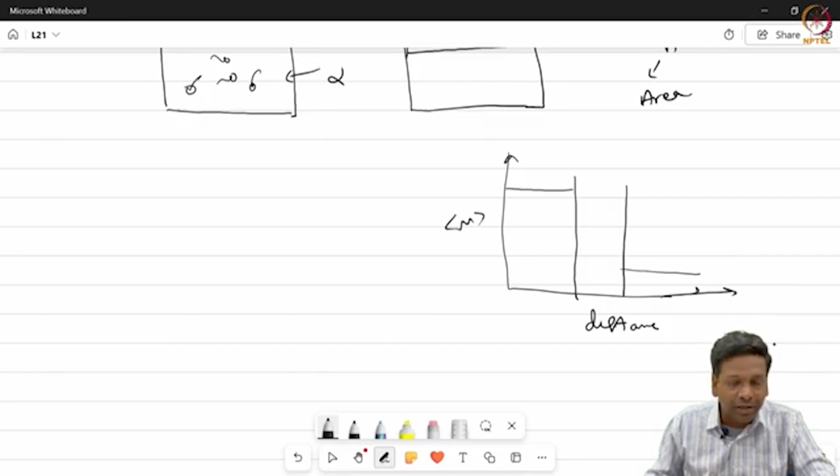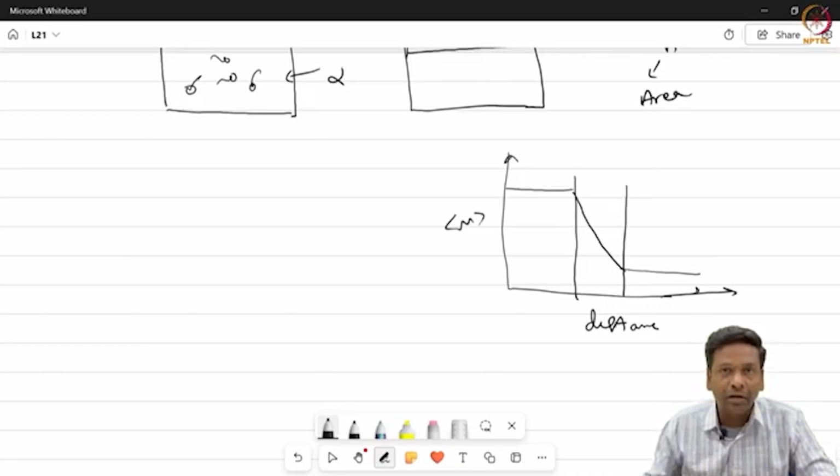So, this profile can sometimes be linear or exponential, or it can be any asymmetrical distribution,